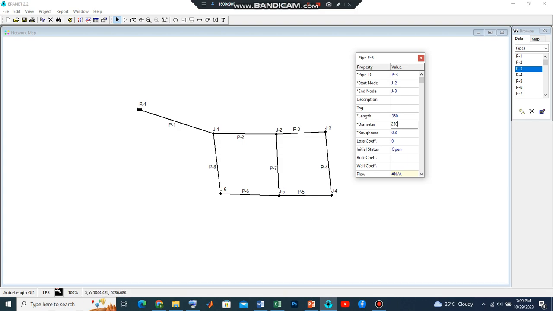Then let's look at the parameters for pipe 4. Let's assume the length is 600. Let's take the pipe diameter to be 200,